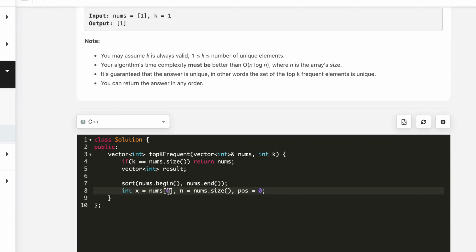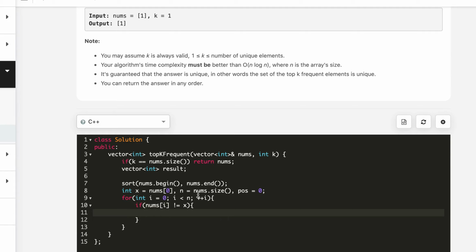When x becomes nums I, this position will become I. So these are in sync. Now if nums I is not equal to x, then we have to do something, otherwise we will continue.